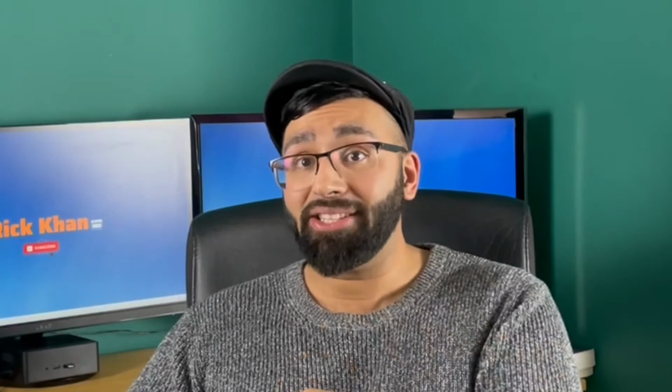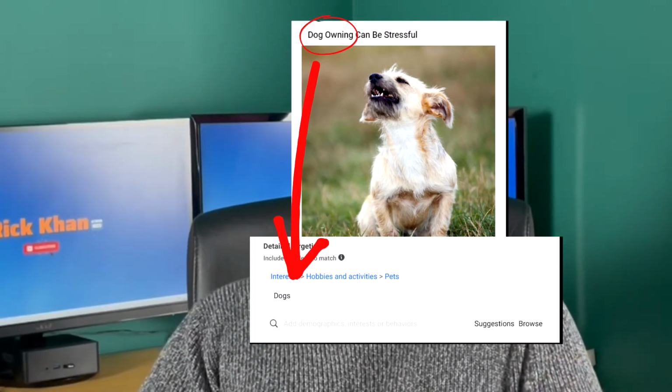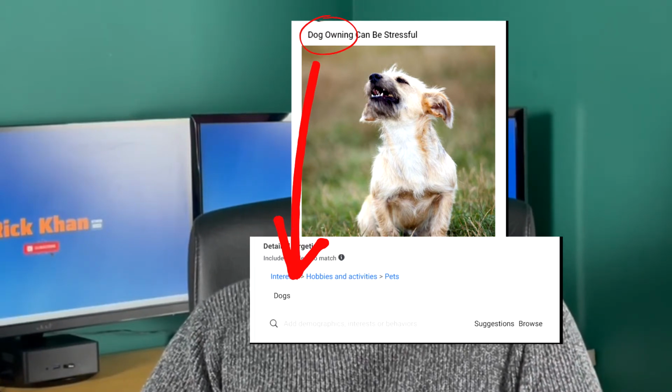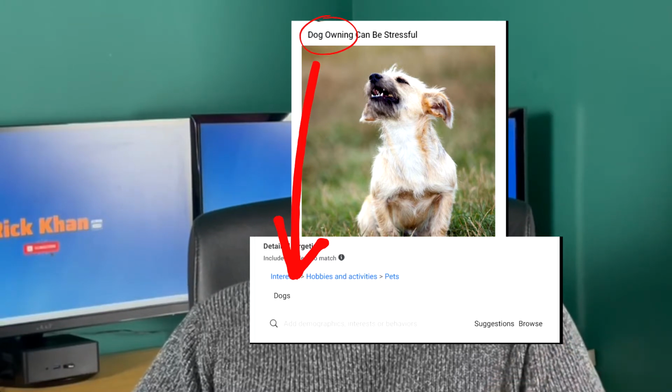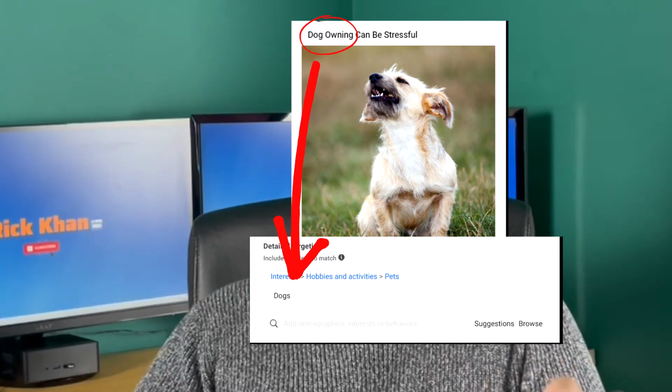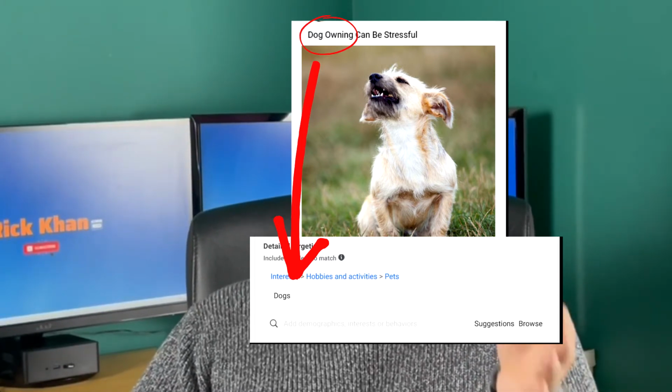The Facebook machine learning will then take the broad audience and the copy combined to start looking for people based on what you write, and also with what interest you selected. So if you write, for example, dog owning can be stressful, with a broad term such as dogs, Facebook will take these keywords and go look for an audience who are dog owners. And the good thing is, Facebook has so much data that some would probably say it's scary, but they know who to put your ad in